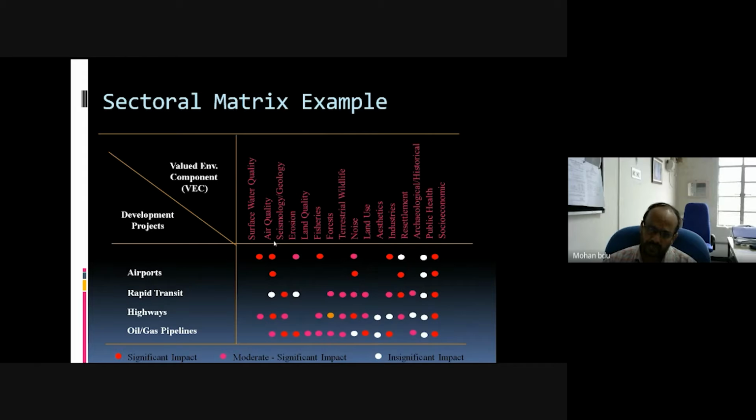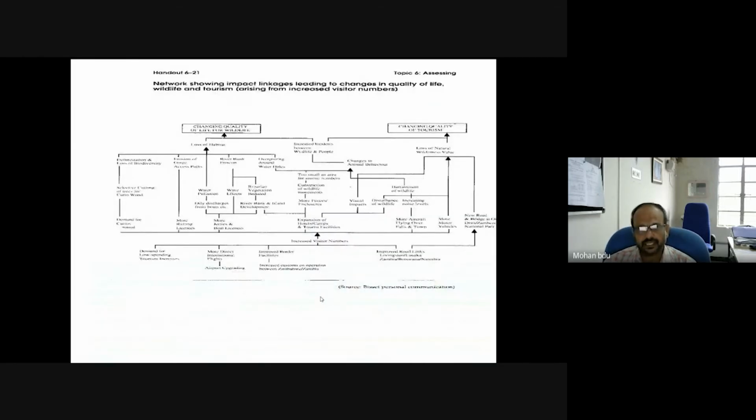If the impact is significant on ecology or air quality or water quality, then the project is considered as one which causes adverse impact, and there are likely chances of this project getting rejected, or being considered more environmentally destructive, or it should come up with more mitigatory measures. So this is another type of